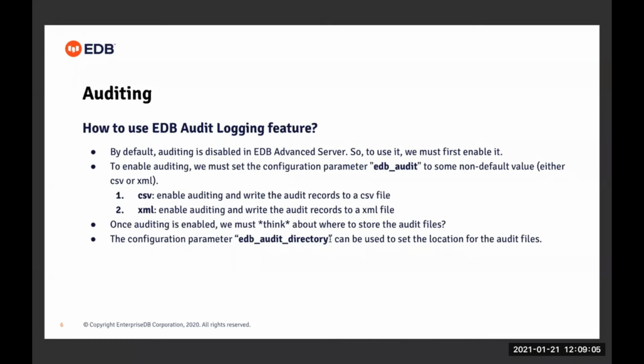But the problem is that it will unnecessarily increase the size of the data directory, because audit files are generated every now and then. When the base backup is taken, it will unnecessarily increase the size of the base backup. To avoid that, we can use this parameter to set the audit directory somewhere outside the data directory. But if we do that, we want to ensure that it is set to a location where only a privileged user can have access.